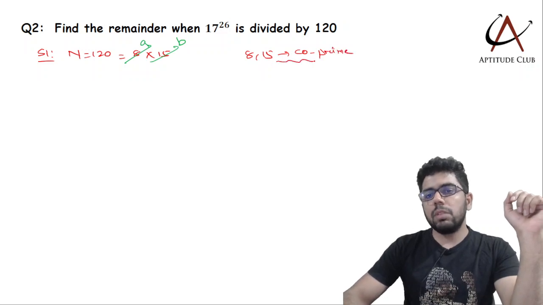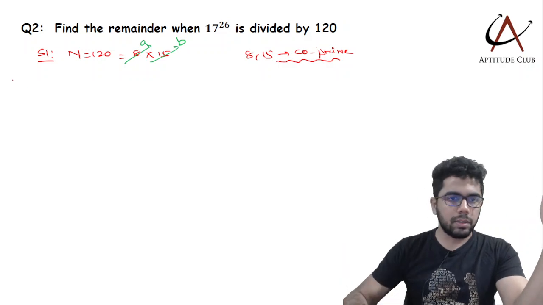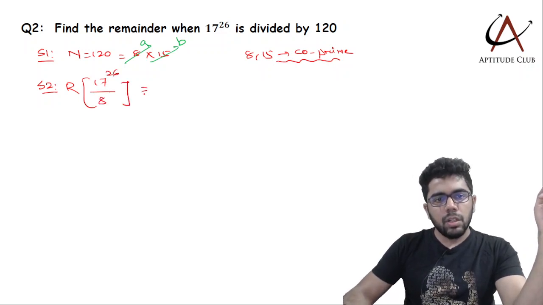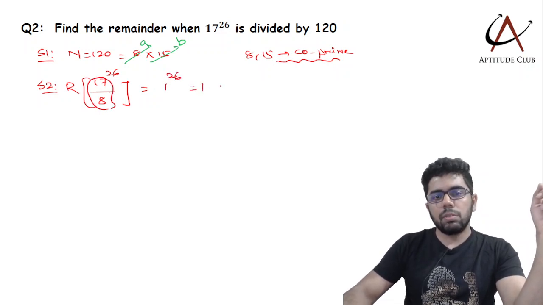तुम 3 and 40 भी ले सकते हो, वो भी co-prime है, but take closer numbers so that ज़्यादा बड़ा calculation करना ना पड़े. Step 2, find the remainder of 17 to the power 26 when divided by 8. Now 17 divided by 8 remainder is 1, so 1 to the power 26, ये तो remainder 1 आ गया,